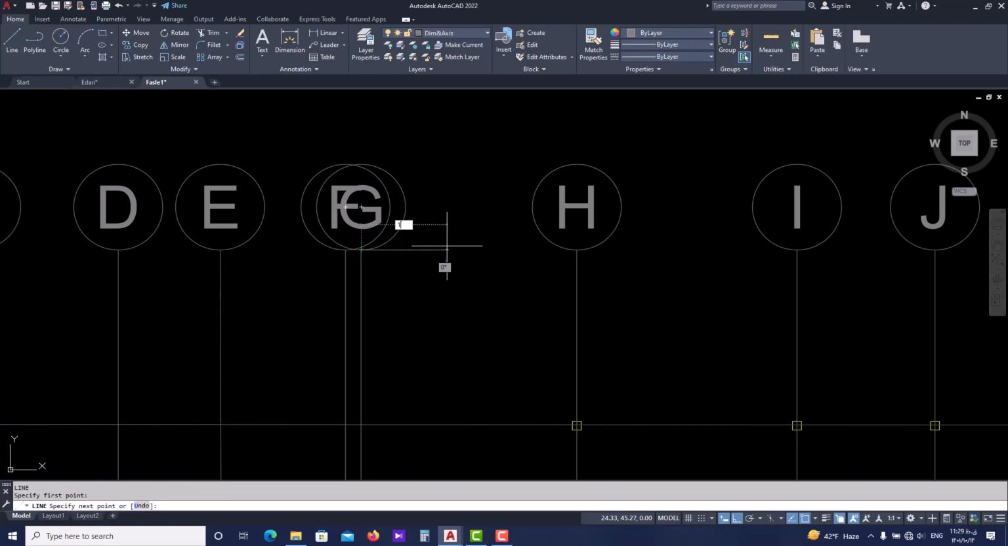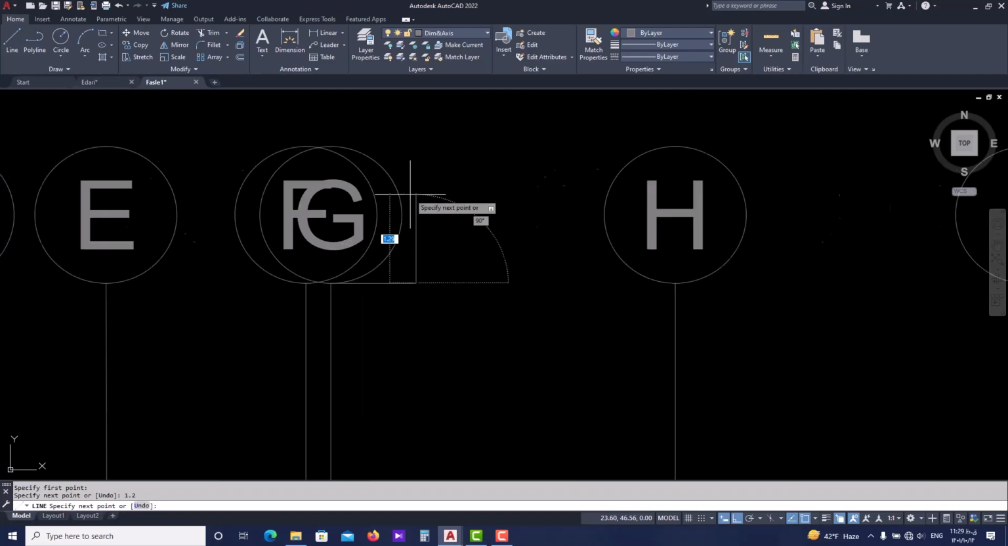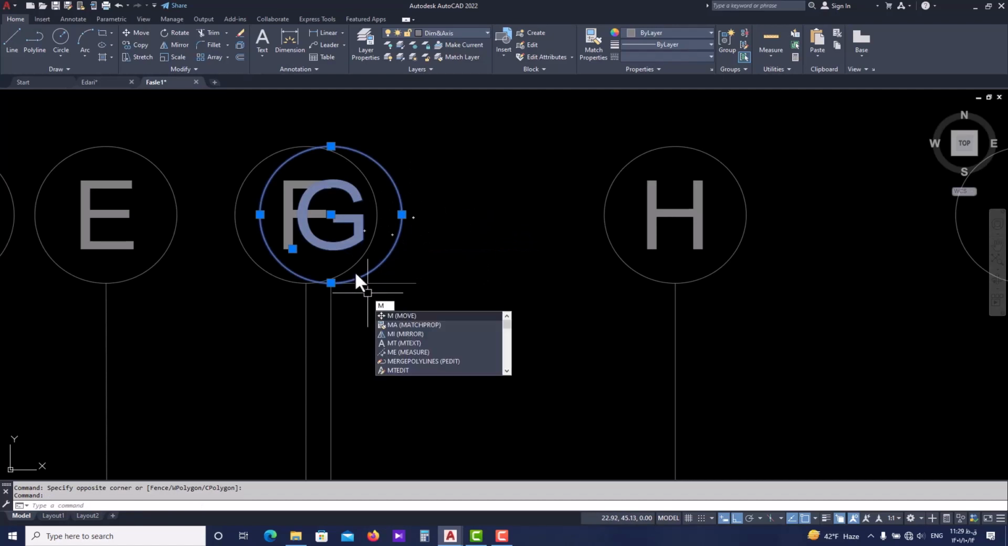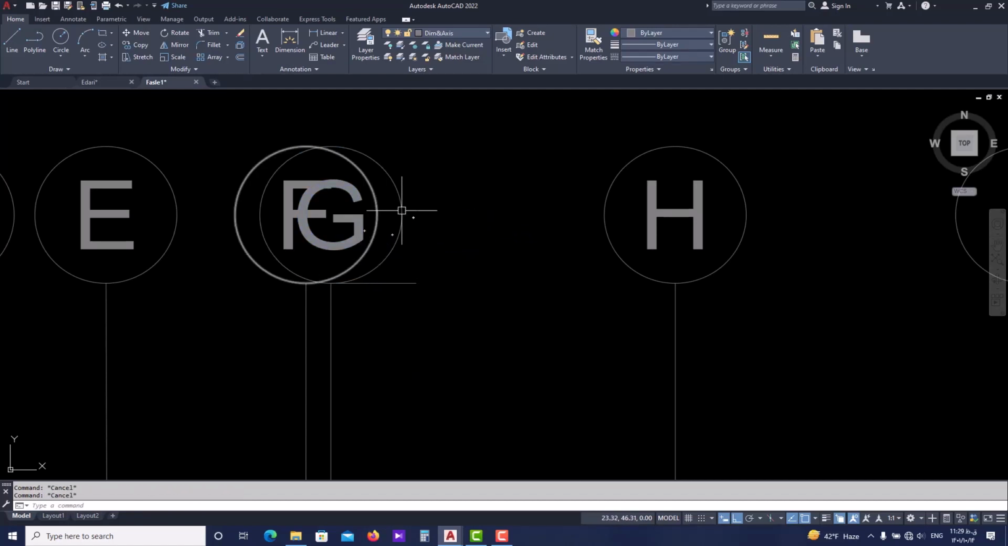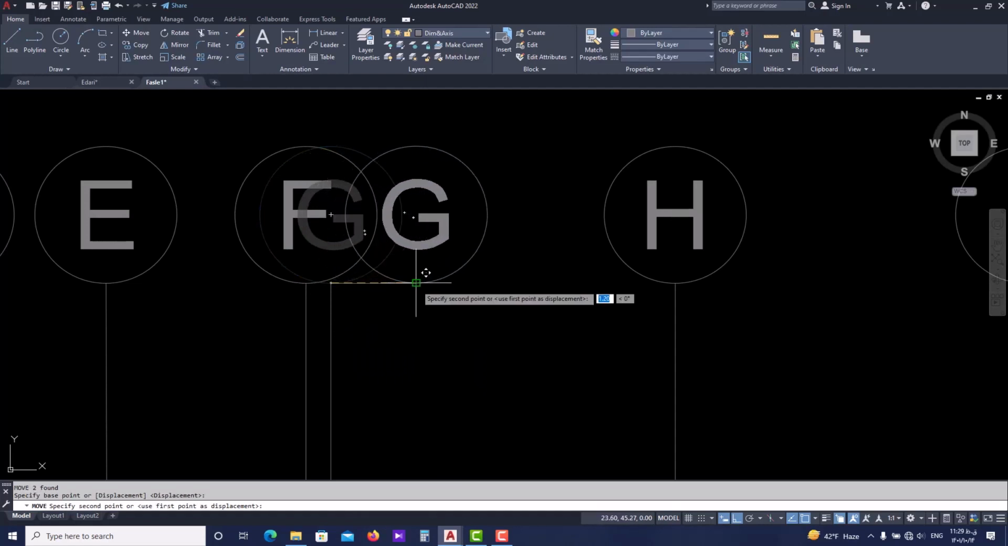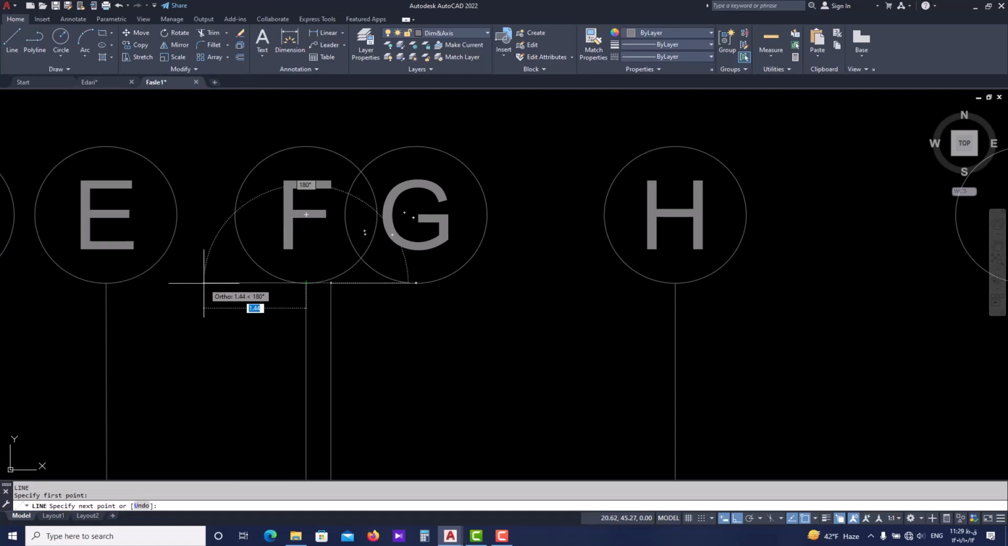Then we need to select the label that we want. Here it's G, and remember these are not something new. So just select it. And then we can use the command move and enter to move the circle and the label inside it to here. Now again, for this side, use line. What was the distance? Yeah, it was 1.2 meters. Then select your label and